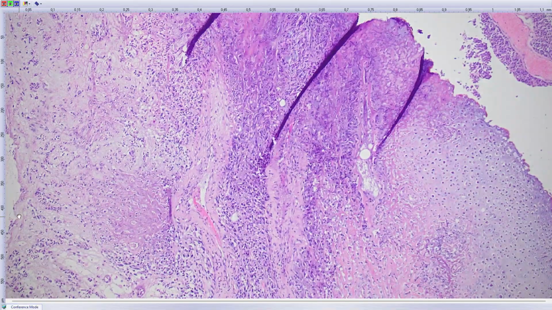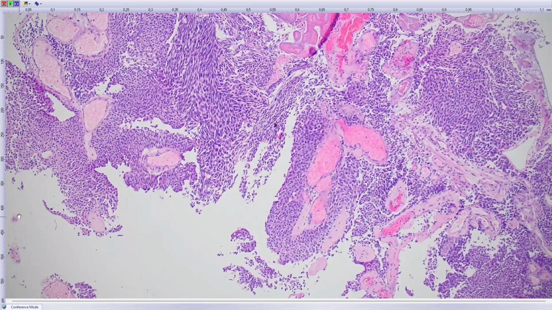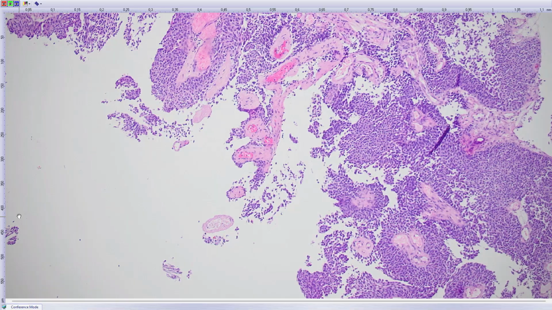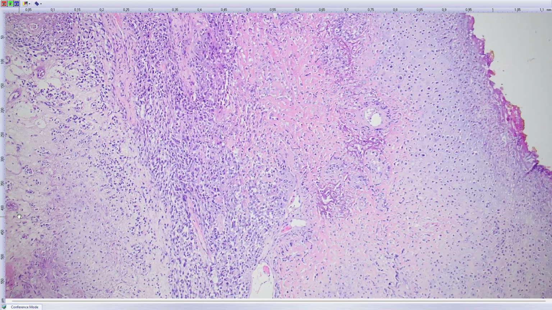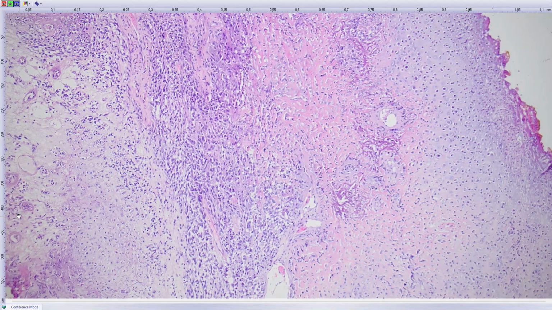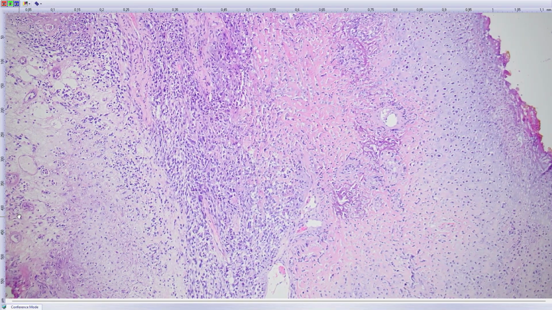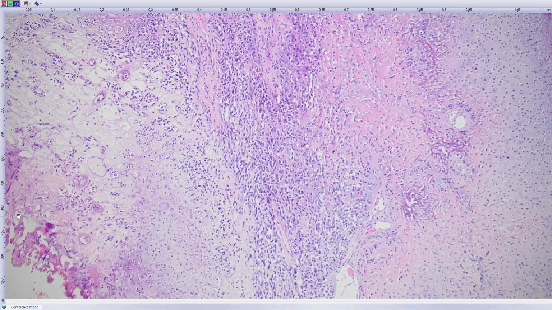So unfortunately, my explanation for this is that we have this non-invasive papillary urothelial carcinoma, and there is somewhere else, not included in the biopsy, invasive urothelial carcinoma, which eventually differentiated into this malignant sarcomatous component in the form of chondroblastic osteosarcoma. Because otherwise, chondroblastic osteosarcoma is nonsense in the urinary bladder, but